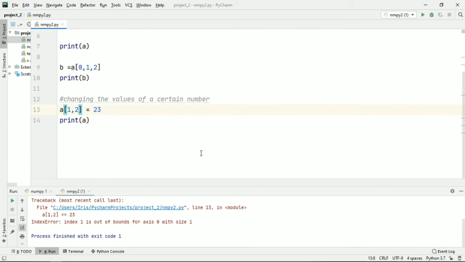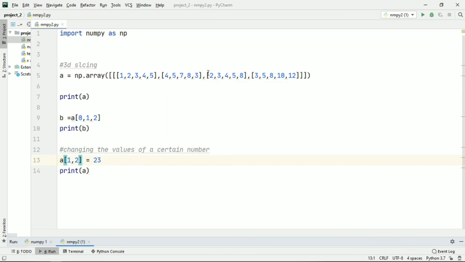Okay, so the error here is I gave an input of a three-dimensional array.